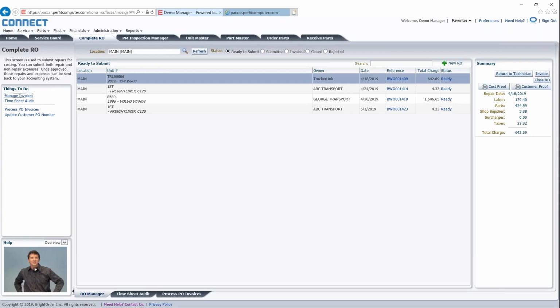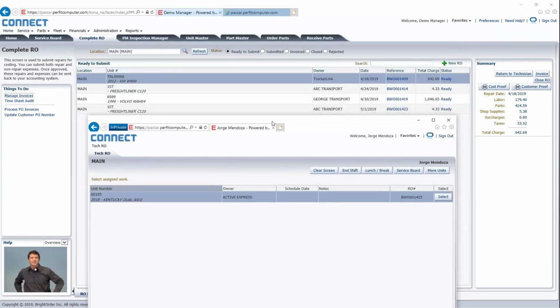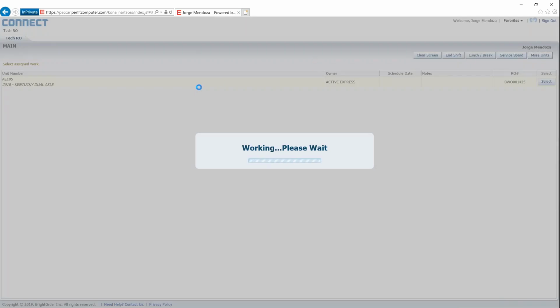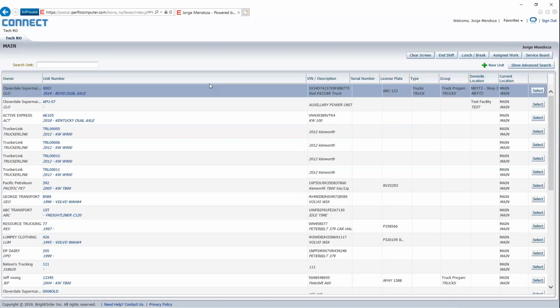Okay, so another thing that's introduced in the Kona platform are PM inspection checklists. What I'm going to do here is go back to the technician login and select a unit. One thing to note about the tech logins is, for those of you that do use the technician scan module on the current Connect platform,